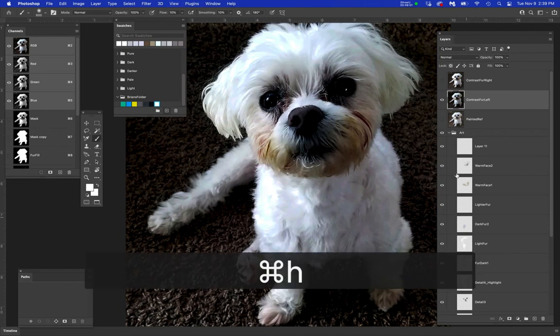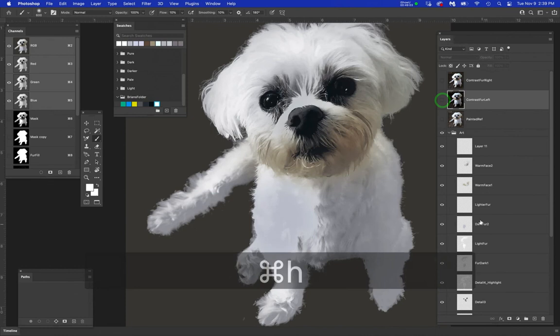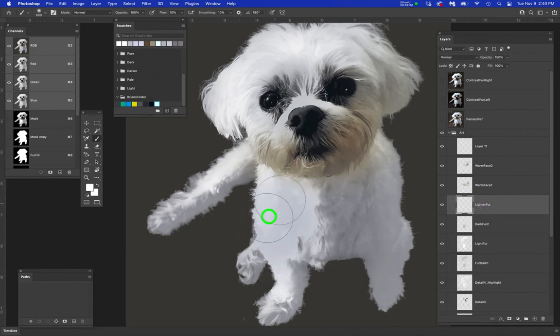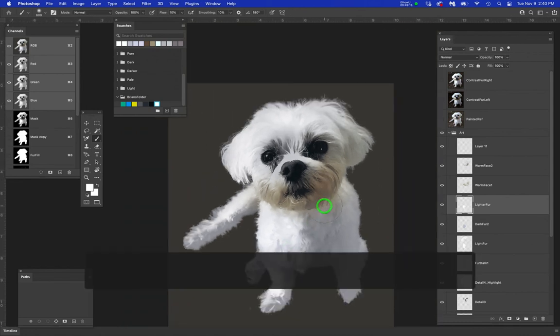Command H or Control H, turn it off. Brian, click to your lighter fur layer, and there it goes. There it is. That's beautiful. Okay, that took how many times to do that? Took a few times. Okay, so that is how I would paint this animal,